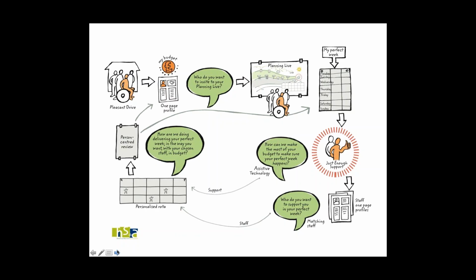Here's how the process can work in practice. So imagine that you're supporting 4 to 6 people in shared accommodation. Where we start is by clarifying what their individual budget allocations are and separating out what's shared and what's in the person's individual control. We also begin to gather information about what matters to them. The next step is to use the Planning Live process, a 2-day inclusive planning event, to develop each person's outcomes